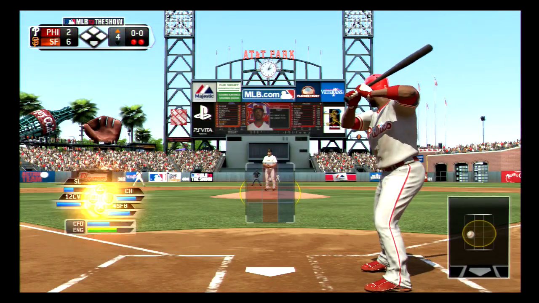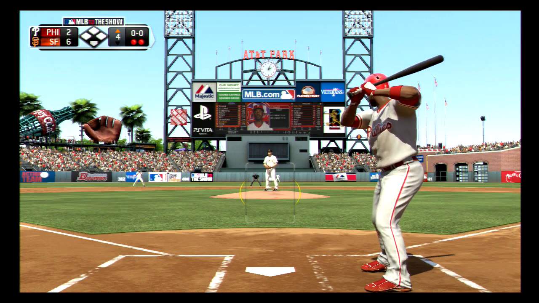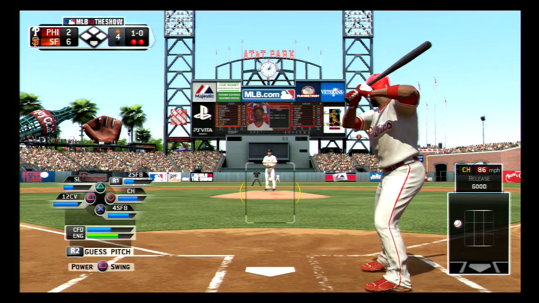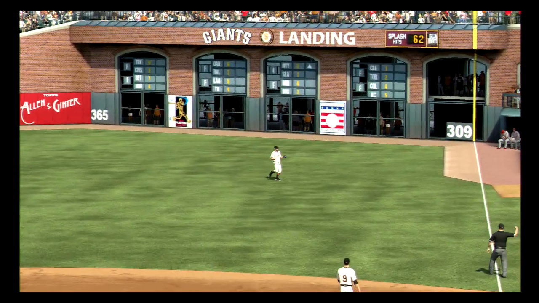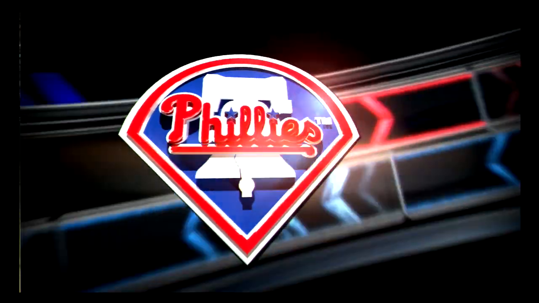Jimmy Rollins will stand in, hoping he can find a little green out there for once. He's lined out twice thus far. And a changeup here misses off the corner to start him out. It's ball one. Here it comes. Hit sharply as this is pulled into right. Pence is under it, and he makes the catch for out number 3. Phil's